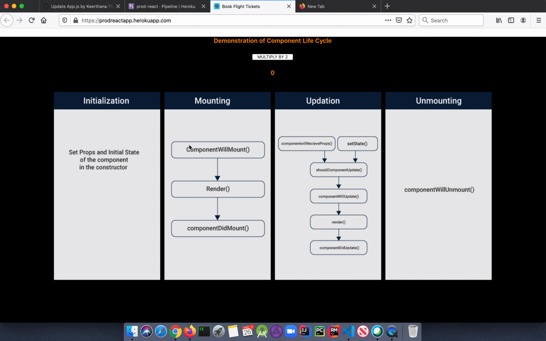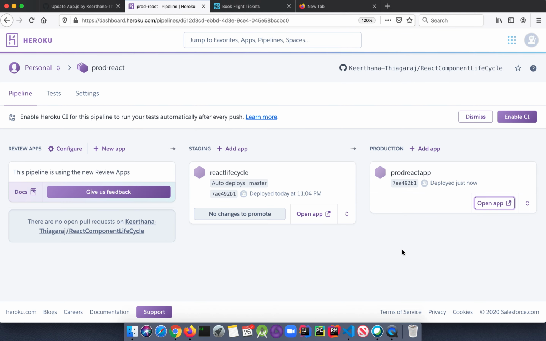So whatever changes you have made in the staging stage have got reflected in the production stage, like multiply by 2. This was the change made in the pull request. You can also observe the URL here, prodreactapp.herokuapp.com. This URL is mapped to the production environment.